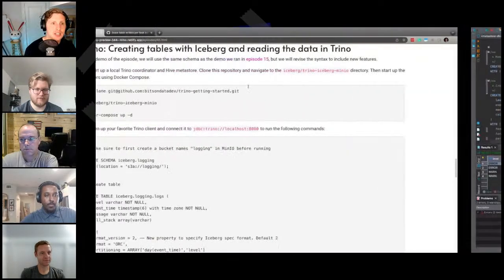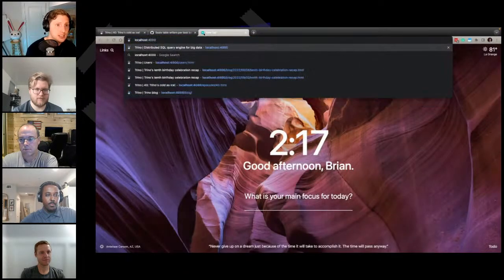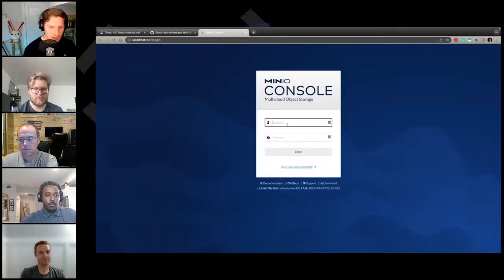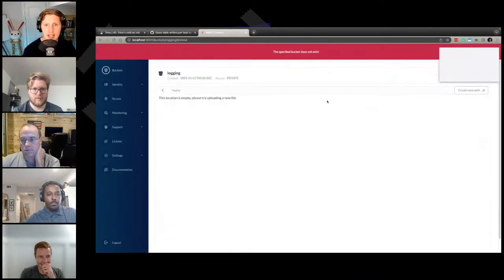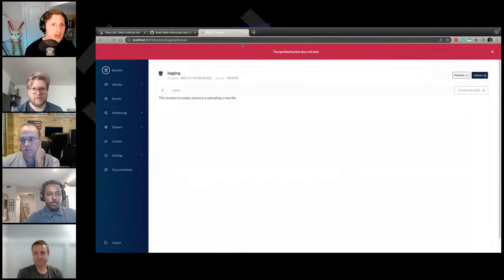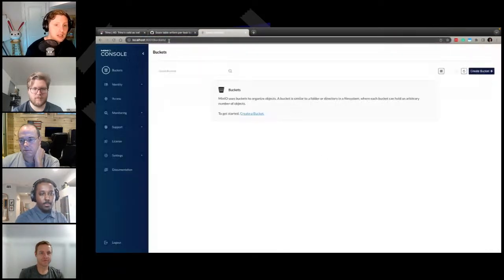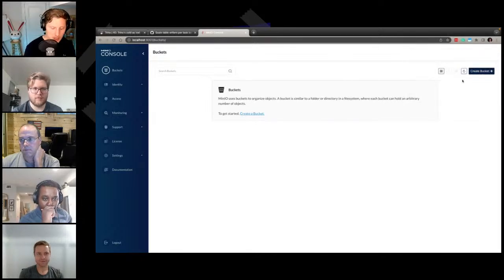So let's pull up MinIO real fast here. And we'll log in there. When we're doing these data lake ones, I like to show it. There we go. Okay. So MinIO is just going to be showing us the actual data layer of our data lake.